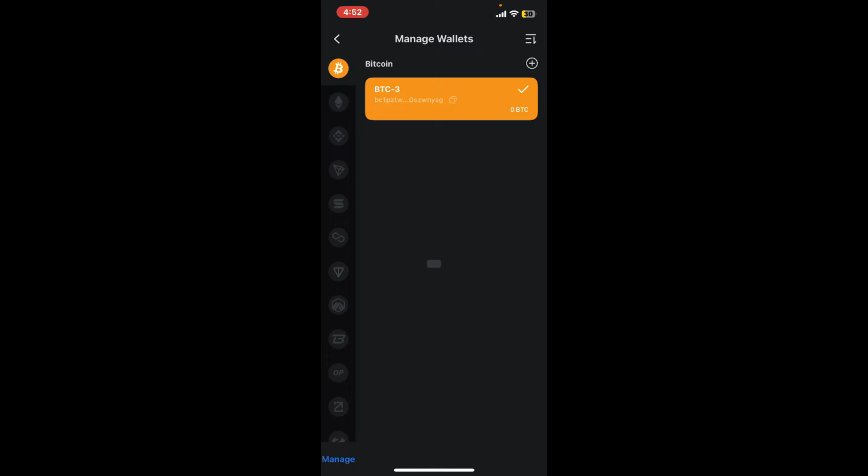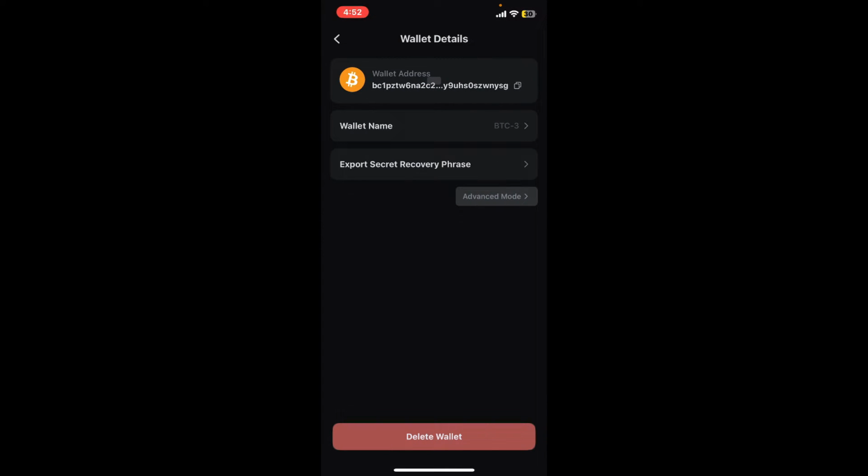You will not be able to see a logout button within the TokenPocket application. So if you want to log out of a wallet, you'll need to delete the wallet altogether. Simply select the wallet you want to delete and tap on it, and then tap on the Delete Wallet button at the bottom. But remember that you must have your recovery phrases backed up before you log out or delete